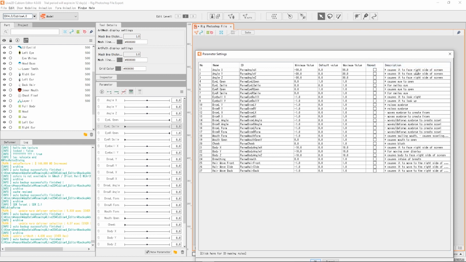Because, for instance, both angle X and angle Z, the description is causes it to face the right side of the screen. Now, one of these is actually leaning to the left, and one is actually turning to the left, or something like that. And I don't know which one it is. So I'm actually going to open up a previously made one and confirm. Anyway,